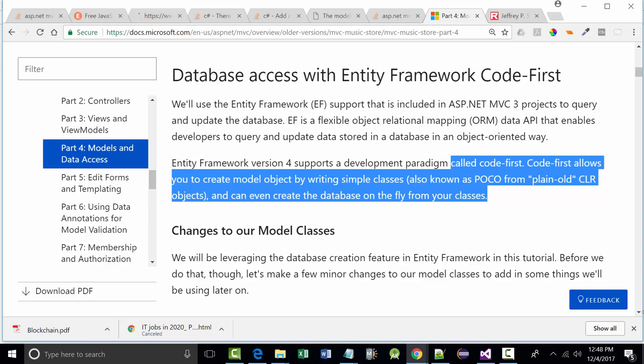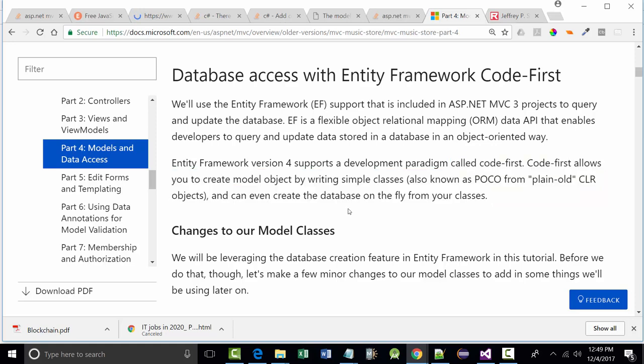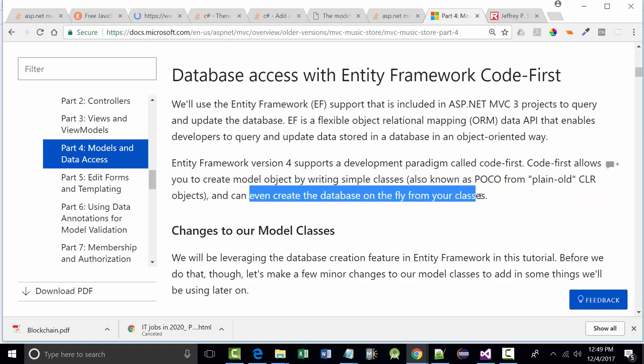All right. Next semester, we're going to be working with Java. And with Java, you work with something called the virtual machine. What the virtual machine and CLR both are, basically, it's the way that you convert the code that you put in into machine code that the computer can run. All right. I'm really boiling it down to like a sentence or two. You can go and look it up, and you might find it's not exactly the same definition that Microsoft gives. That's fine. All right. But what they're saying here is we are going to create the database on the fly